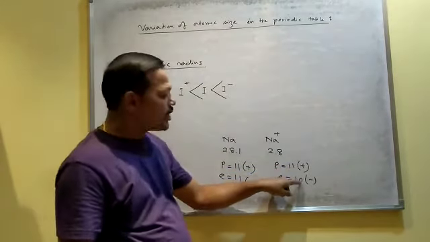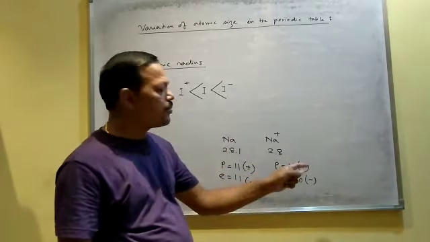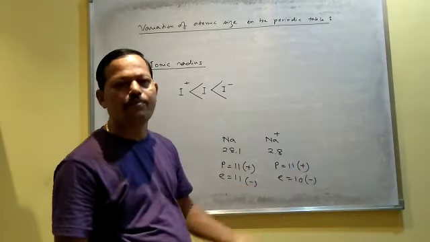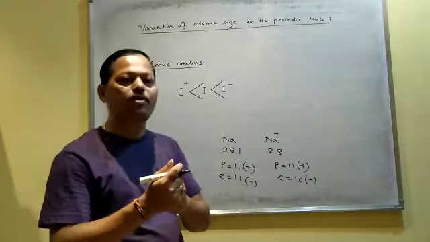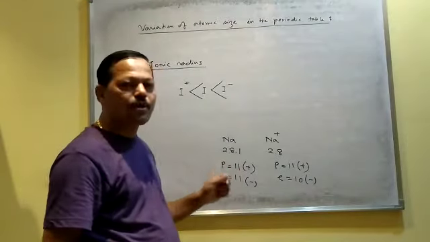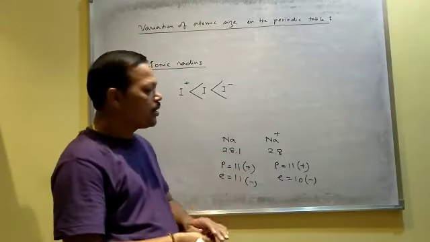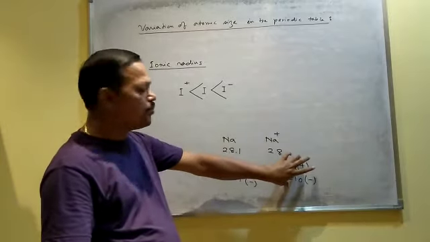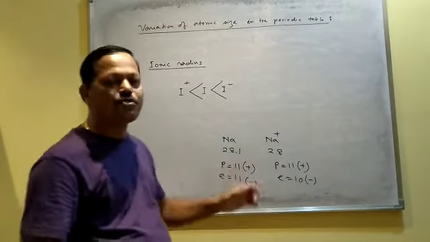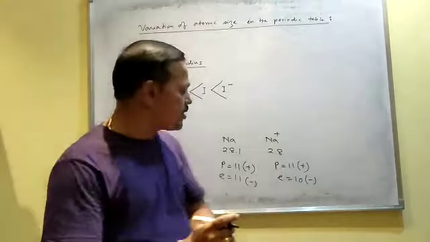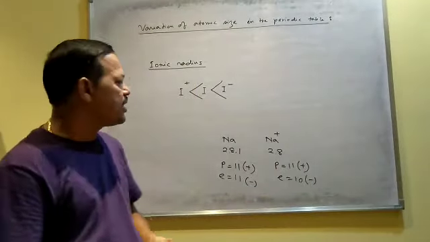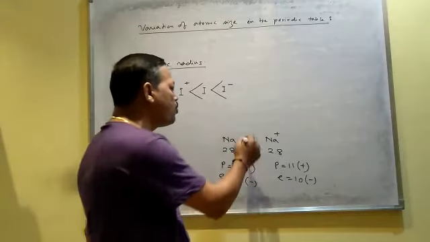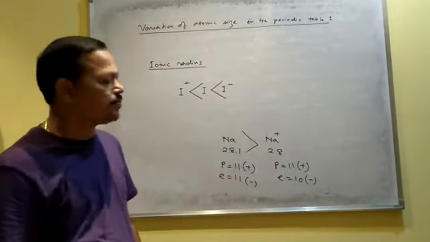Proton more, electron less. So the force of attraction between the proton and electron will be more here because protons attract the electrons. If proton number is more, attraction will be more. Here proton number and electron number are the same. So that is why the force of attraction here will be more than this one. And as the force of attraction increases, what happens? Size of the atom goes on decreasing. And that is why cations are always smaller than the neutral atom.